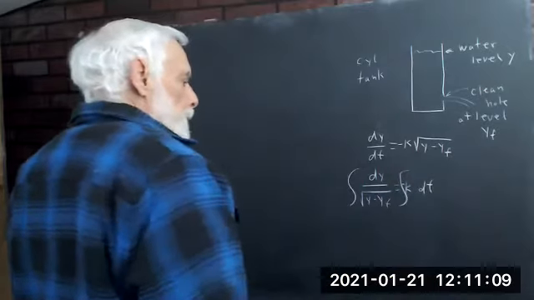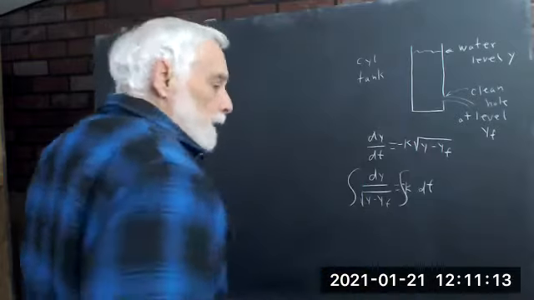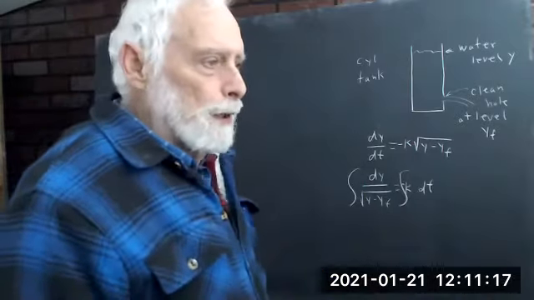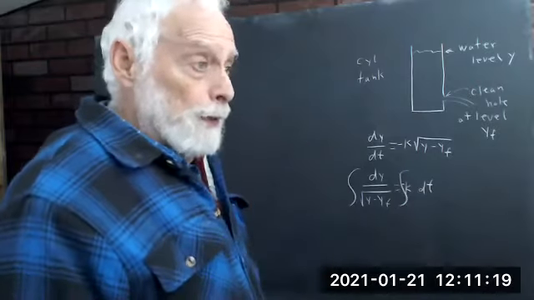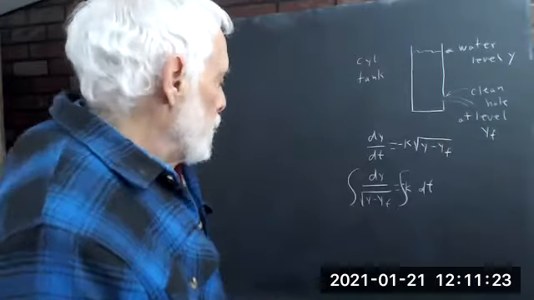Well, the antiderivative of square root of y minus y_f is very simple. You do a u substitution, let u equal y minus y_f, then du equals dy, and you have du over square root of u, and that gives you